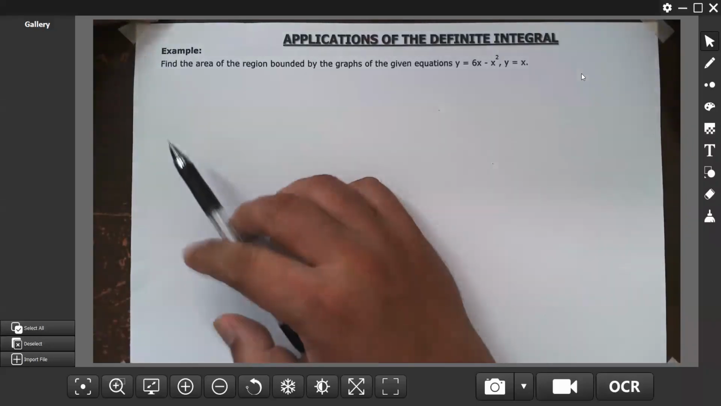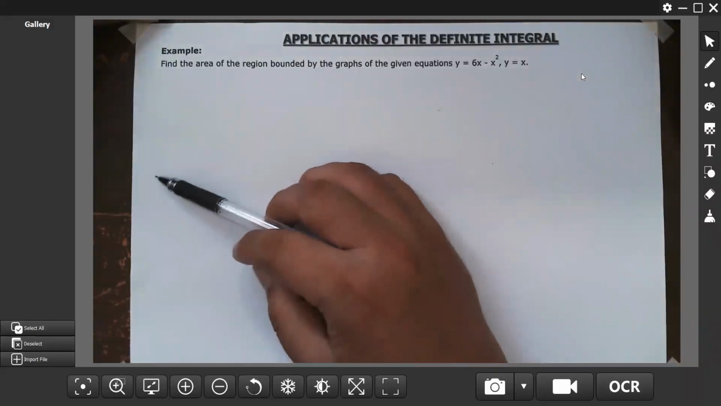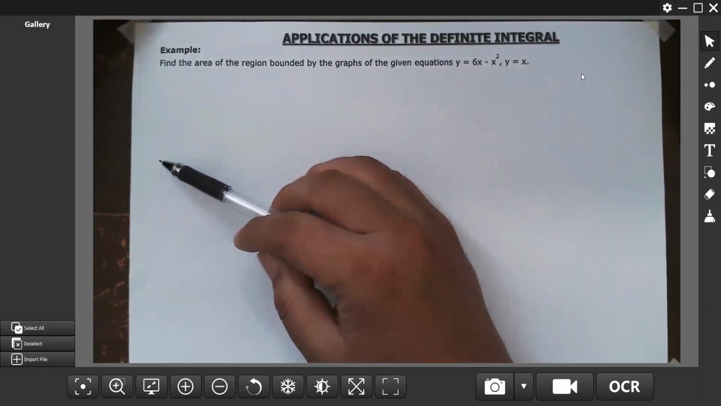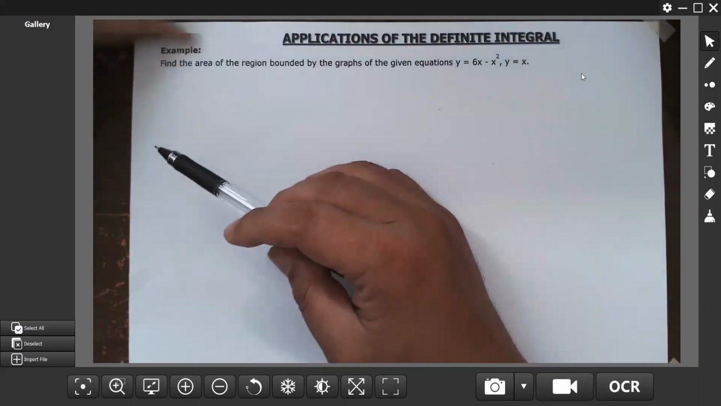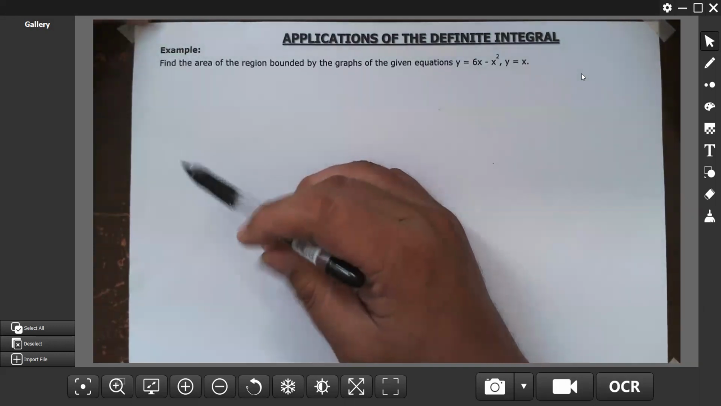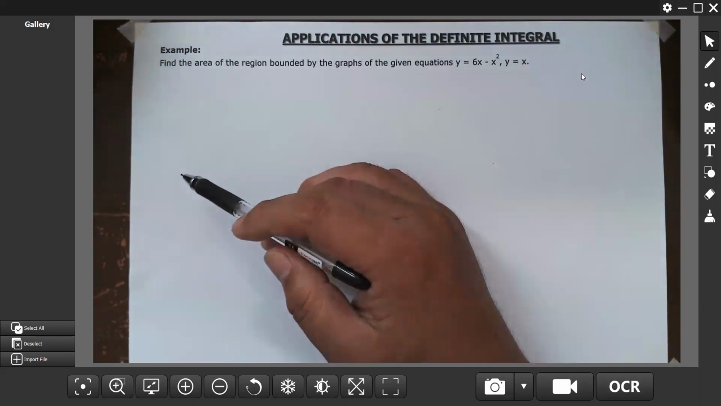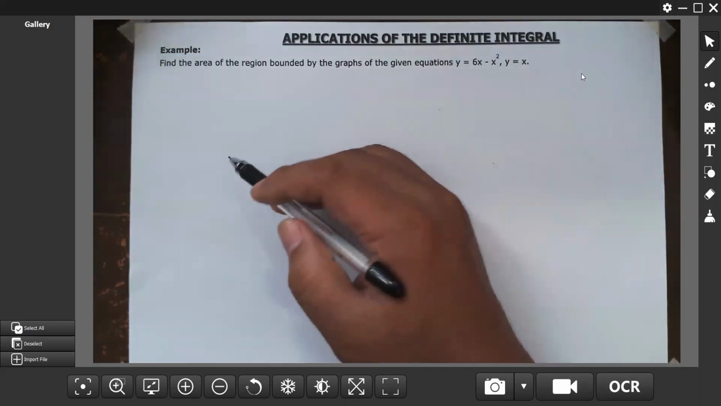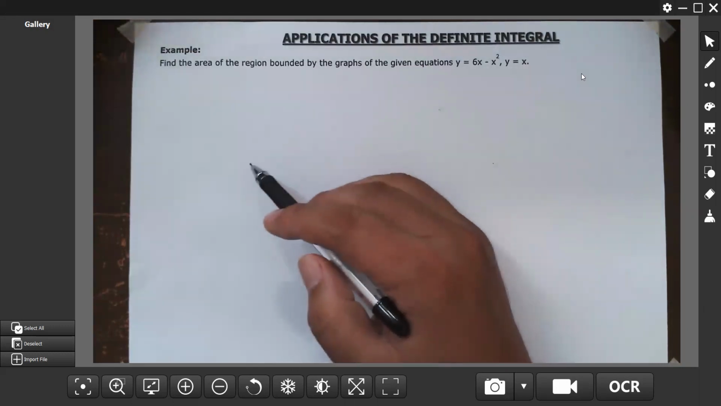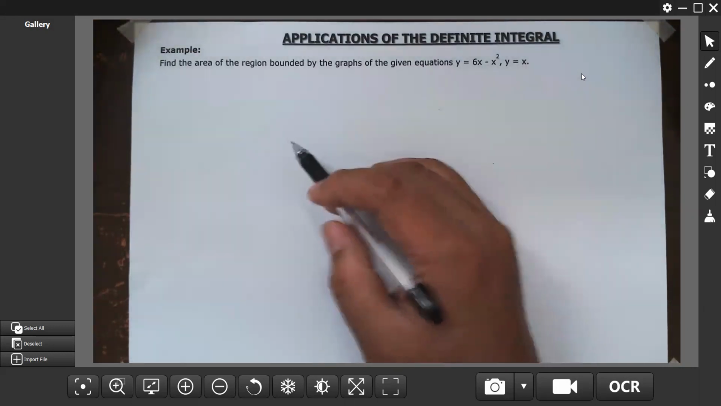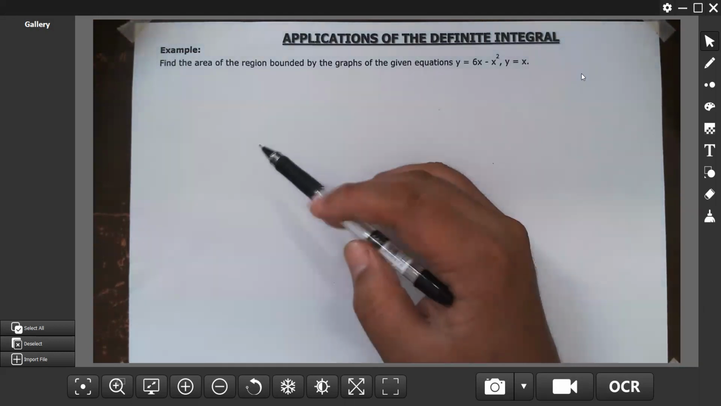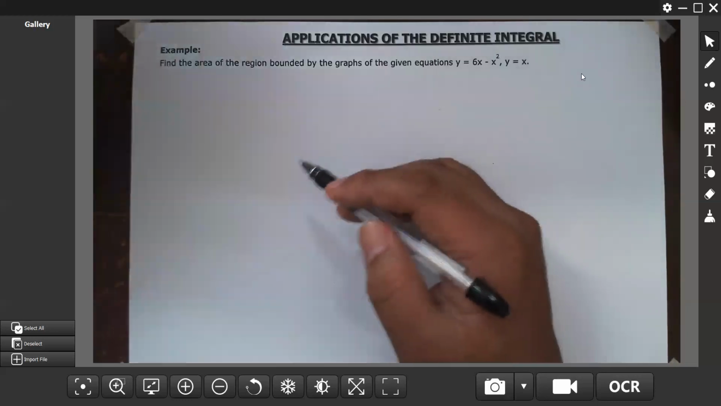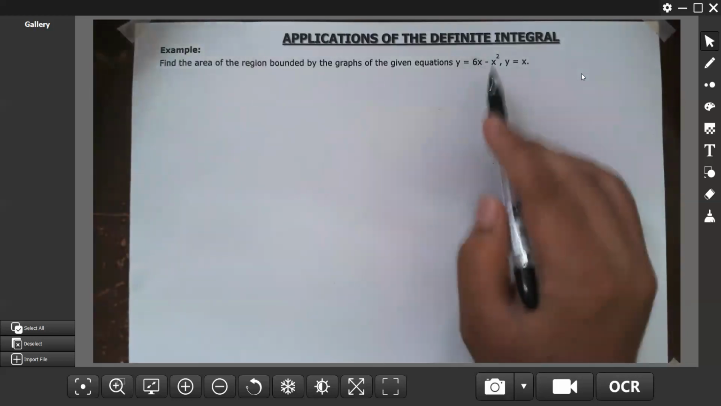Okay, in this video, I'm going to solve additional problems about area between curves, but I will be using a different approach on how to solve for the area. Let us solve this problem. Find the area of the region bounded by the graphs of the given equations y equals 6x minus x squared and y equals x. So, first is